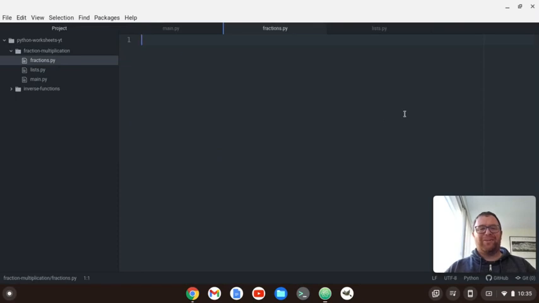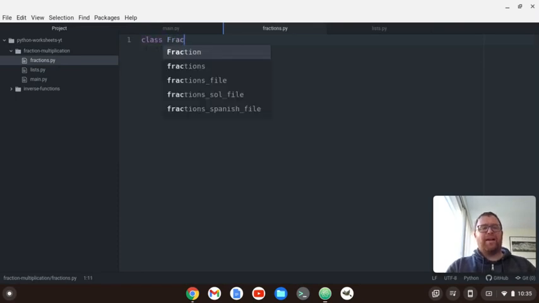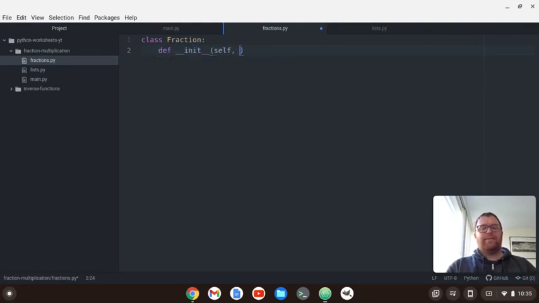I'm going to make sure I'm naming everything correctly. I'm going to create a class called fraction. Okay, and then I'm going to instantiate that. I'm going to pass in self. Then we're going to have numerator 1, numerator 2, denominator 1, and denominator 2